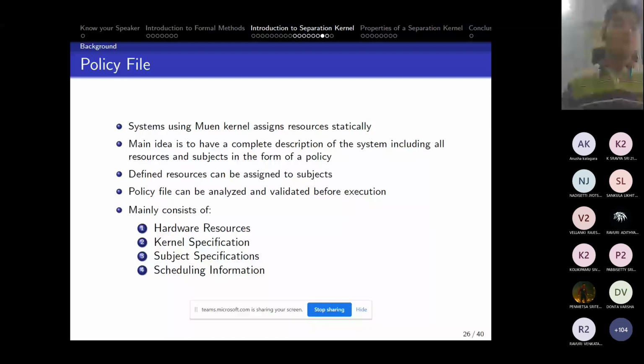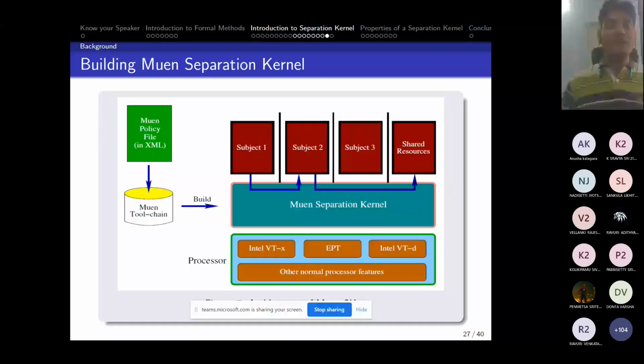So that it will become a microkernel. I have taken an example of the Muen separation kernel. It is known as Muen. It has been developed in Switzerland at some university, and in my PhD work also, I verified some of